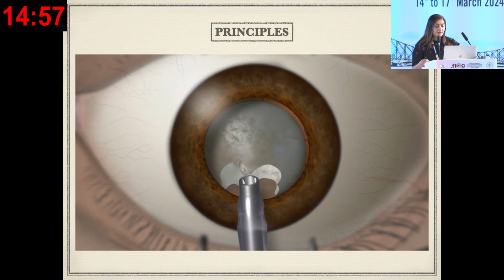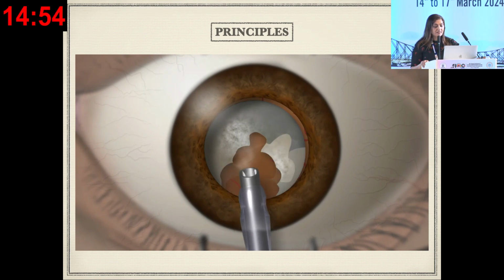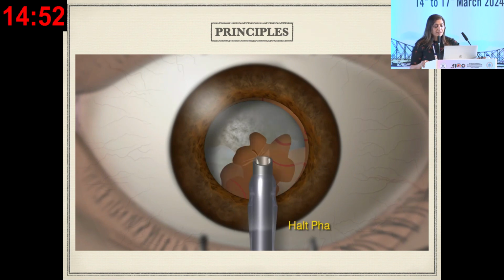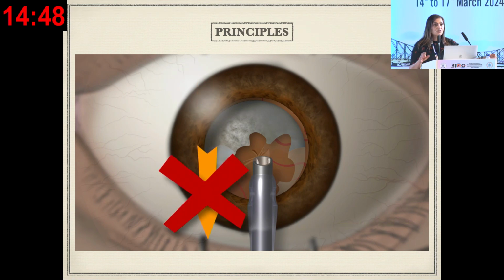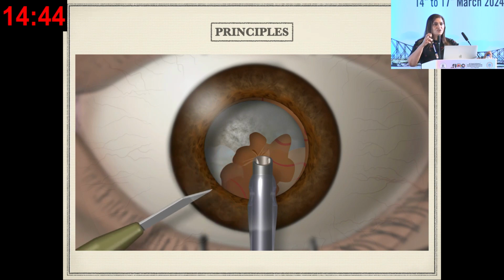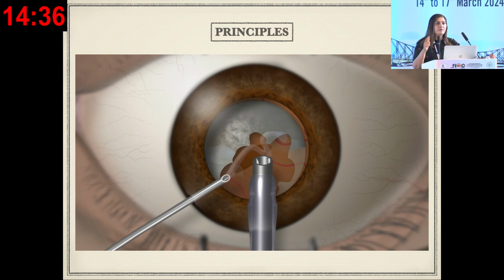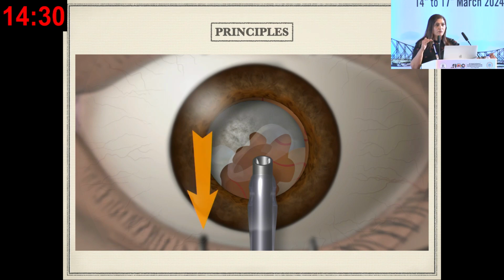You are doing a phacoemulsification, and suddenly you have captured the capsule or you have a rent. The first thing is, do not withdraw the phacoemulsification probe. It's just a jerk reaction: you feel, oh, I captured the capsule, and you come out. No, don't do that. The moment you do that, even if there is no rent, you will create a rent out there. You have to stay in that position, go into reflex, or